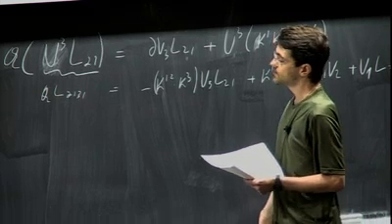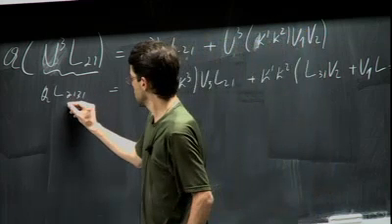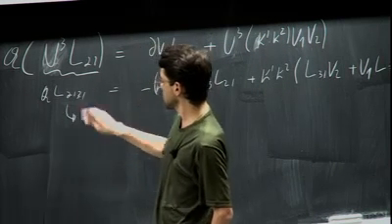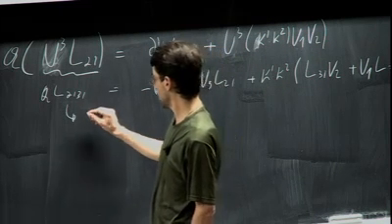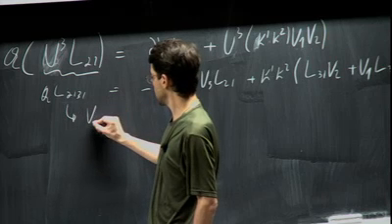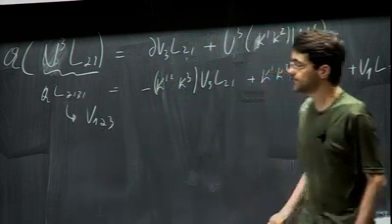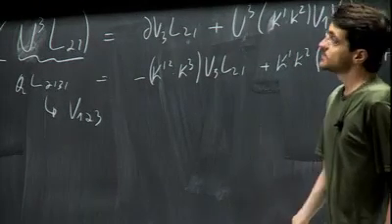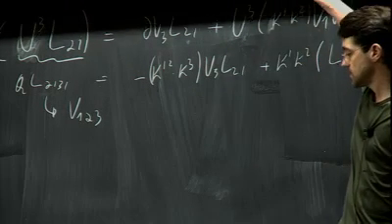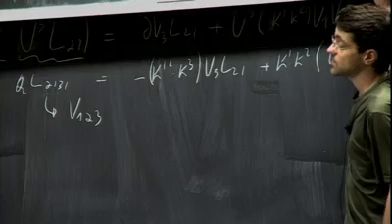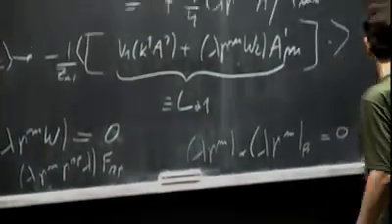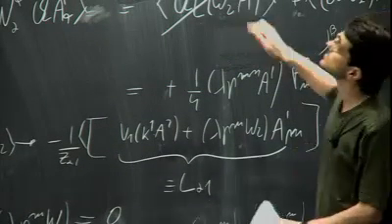In the end, you can redefine this by subtracting BRST exact components, and you will find an object denoted by V123. And you can do this recursively, and you will find